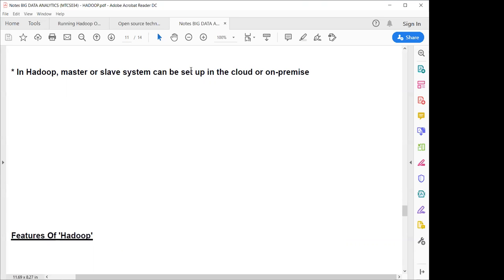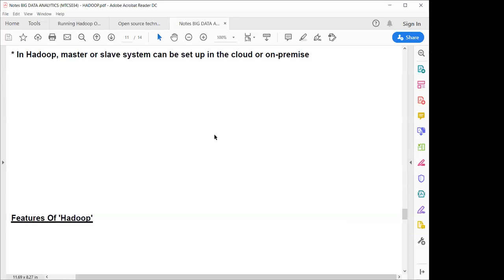Nowadays, cloud computing is very beneficial for running applications. Why is it so? Because we can scale our application, we can increase the performance of the application, we can improve the sustainability of the application, and we can also provide a cost-effective solution. So on a cloud-based system, you can also install the Hadoop master slave system, and the same requirements which are needed on your premises will be applicable on the cloud-based system.